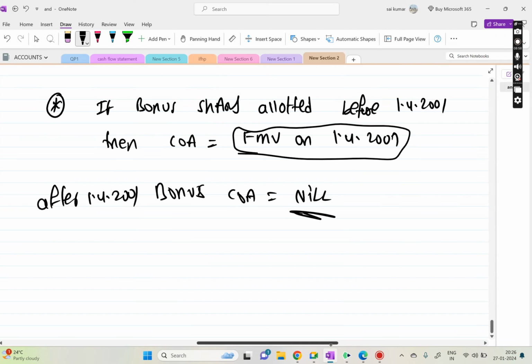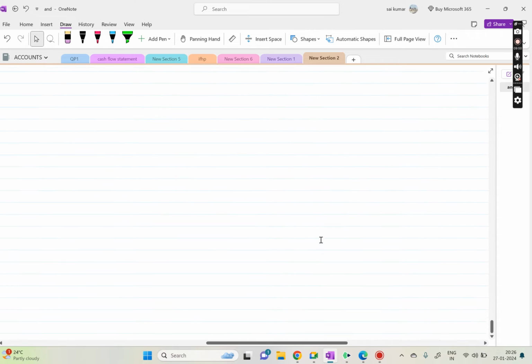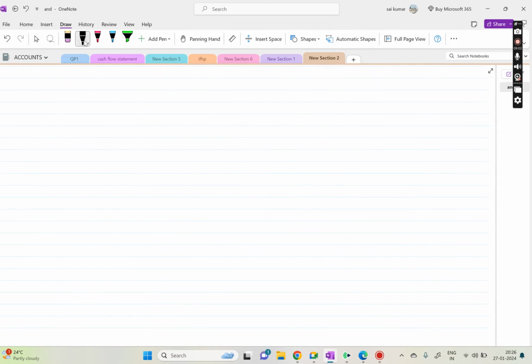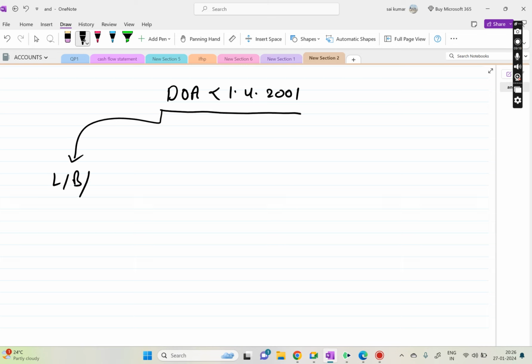Now I want you to write this part also, since this is the situation we are talking about before 2001. If any asset is acquired before 2001, then check, is it a land or building or both? For these you take actual cost of acquisition